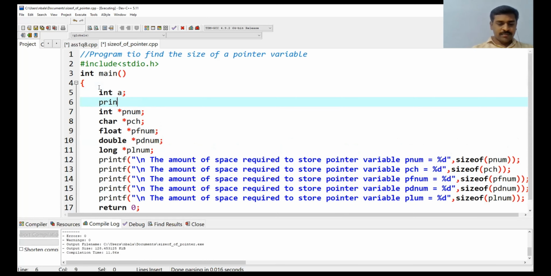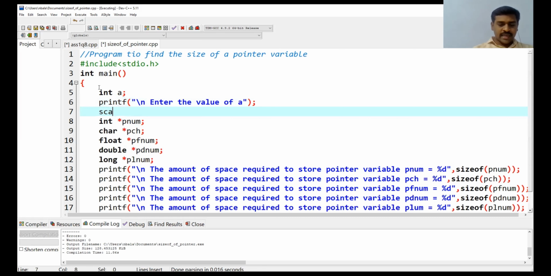Here I am writing printf, enter the value of a. Then scanf, %d, comma, ampersand a.